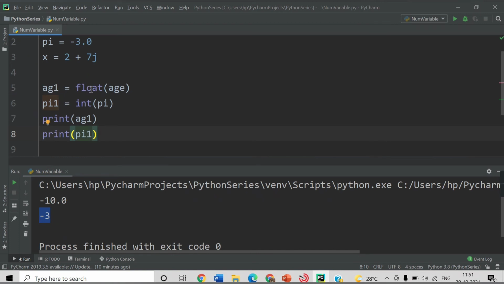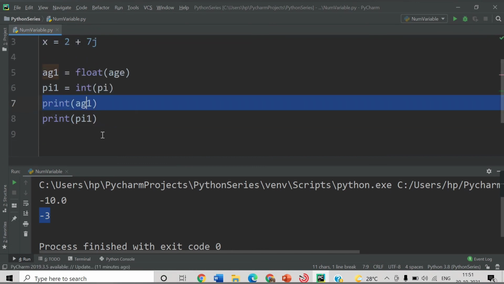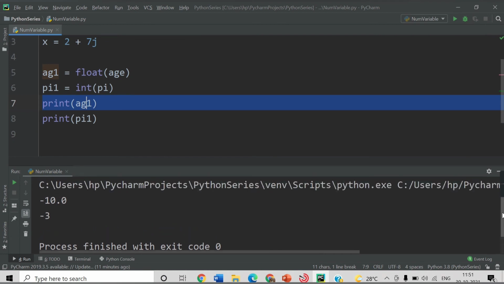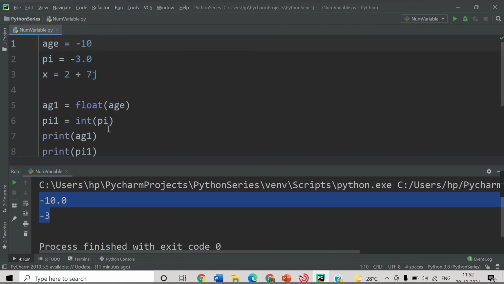So this age1 will have the value of float age and pi1 will have the value of int pi. So in this case you will get -10.0, and in this case you will get -3. Let's check that. See, these are the outputs we are getting here. So this was the conversion of integer to float and float to integer.